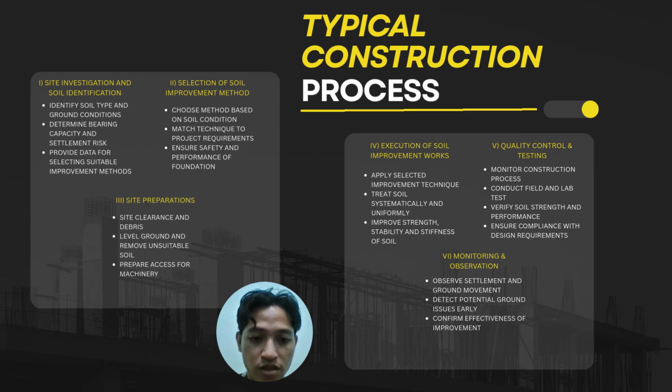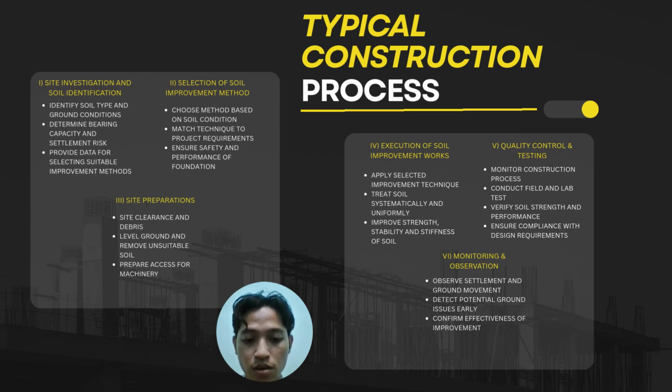In this step, the soil will be improved in its strength, stability, and stiffness. The fifth step is quality control and testing. In this step, we monitor the construction process and conduct field and lab tests. We also verify soil strength and performance and ensure compliance with design requirements. And the last step is monitoring and observation. In this step, settlement and ground movement will be observed to detect potential ground issues early and to confirm